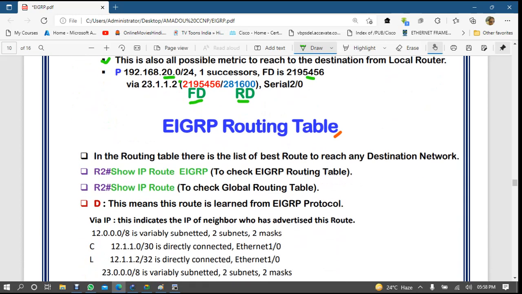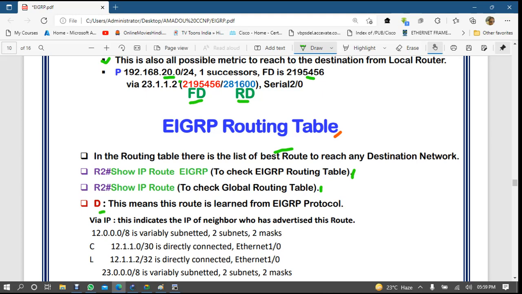Okay, and the routing table, you already know the routing table. Here in the routing table you will have the list of best routes to the destination. We have two commands to check: show ip route or show ip route eigrp. The EIGRP one will only give you EIGRP routes, and show ip route will give you all the routes, connected, EIGRP and other routing protocols that are running.